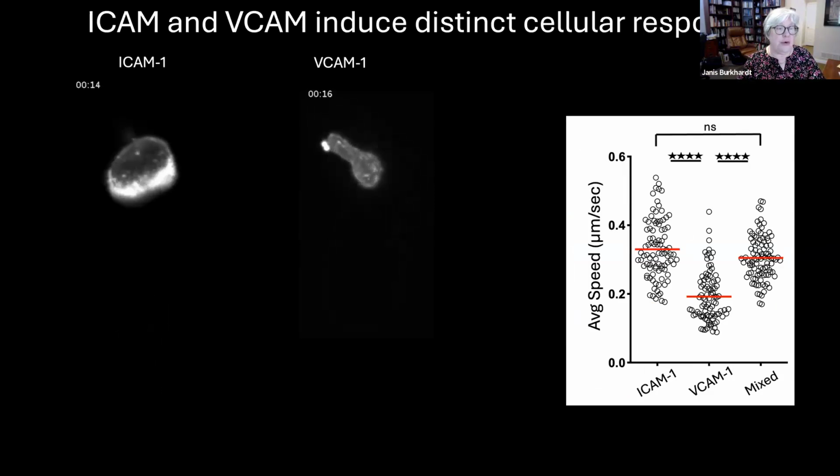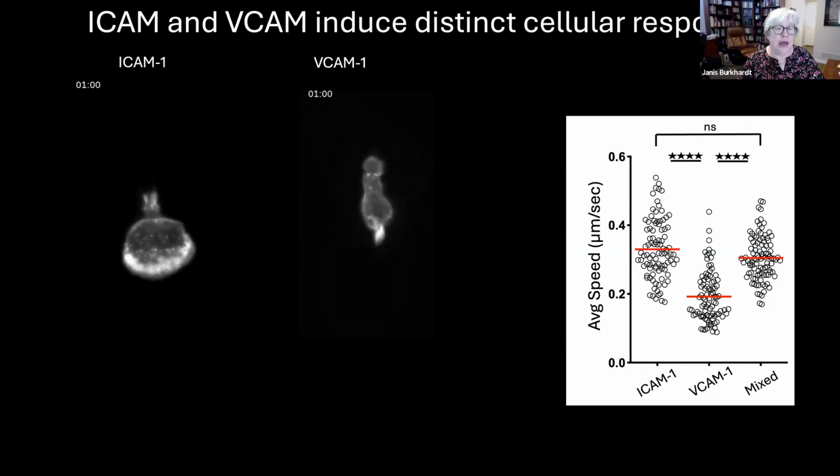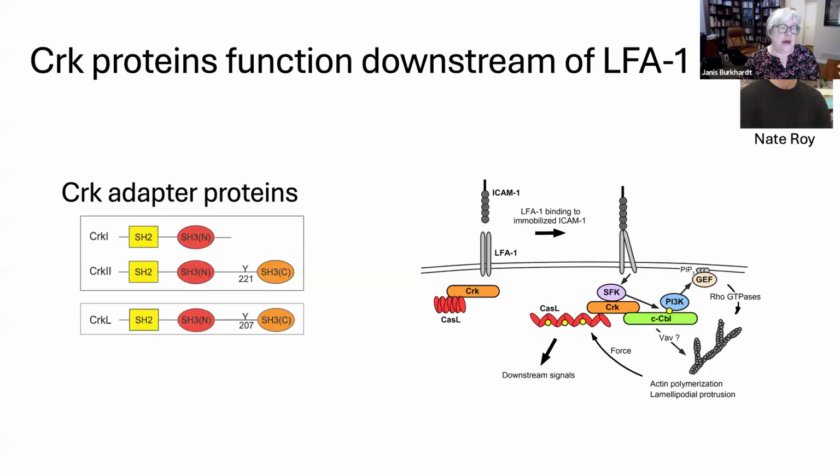So Nate really was focusing on the ICAM1 behavior, and at the time we were studying this family of proteins called CRAC adapter proteins. There's two genes, the CRAC gene and the CRAC-L gene. As it turns out, in retrospect, everything I'm going to tell you is really a functional consequence of CRAC-L activity. But Nate was interested in these molecules because he knew they functioned downstream of LFA1 in the signaling cascade involved in outside-in integrin signaling. So we had mice that lacked both of these CRAC proteins, and Nate and Alex put